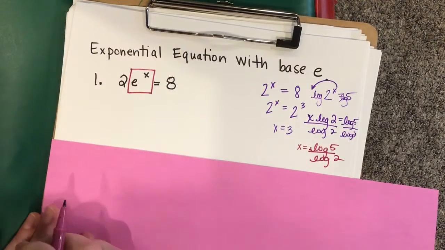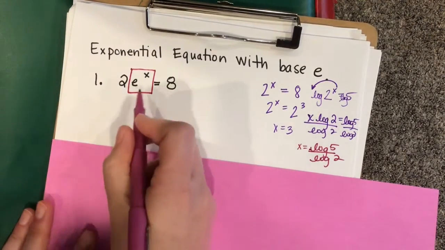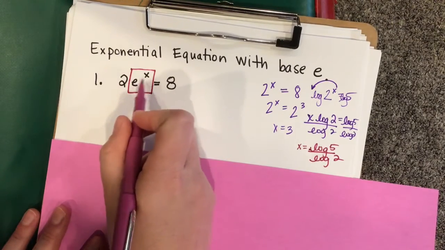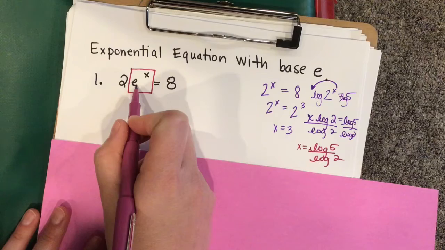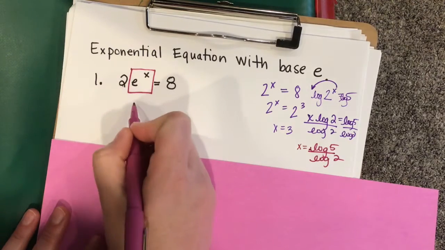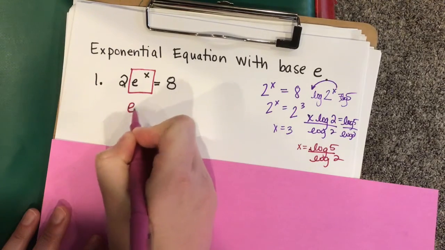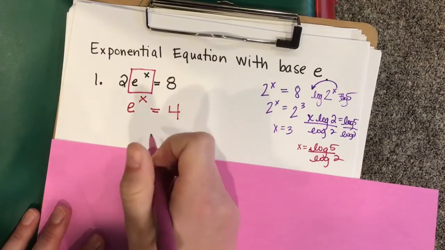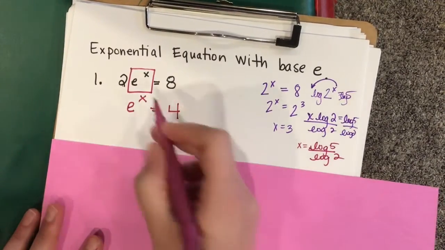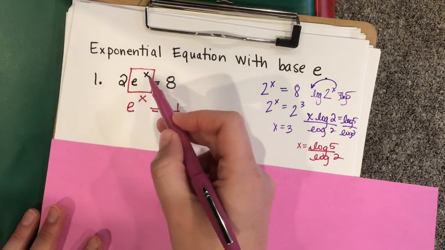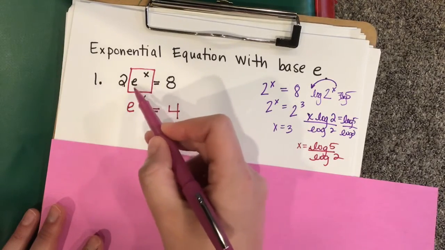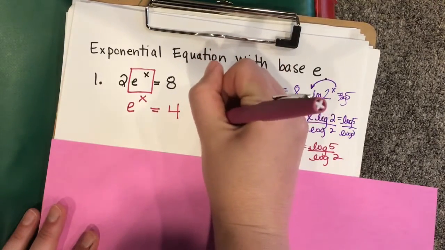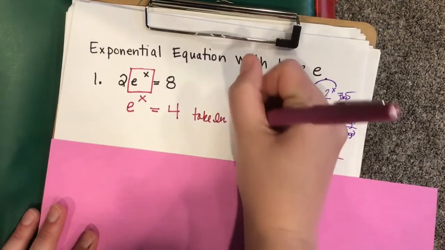So the first thing that you guys need to do is isolate the variable and its base. So this x only belongs to the e. So I'm going to divide both sides by 2, and I get e to the x equals 4. Now, once you've isolated the exponent and its base, in this case the e to the x, then you guys want to take the natural log